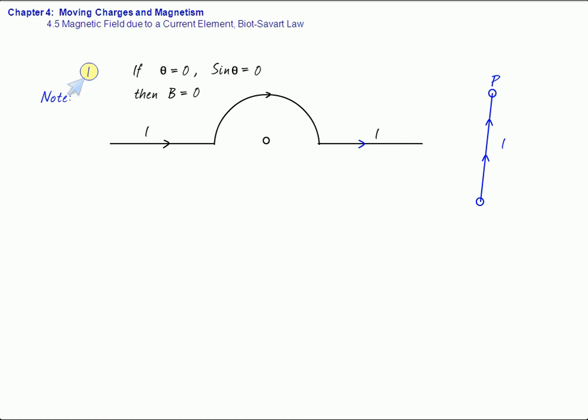Another point which is to be noted here, in Biot-Savart law, we studied this quantity mu naught, which is called permeability, which is the magnetic property of the medium. And in the first chapter, you have studied another quantity which is called permittivity. Permittivity is the quantity which describes the electrical properties of the medium. This is for vacuum or for free space.